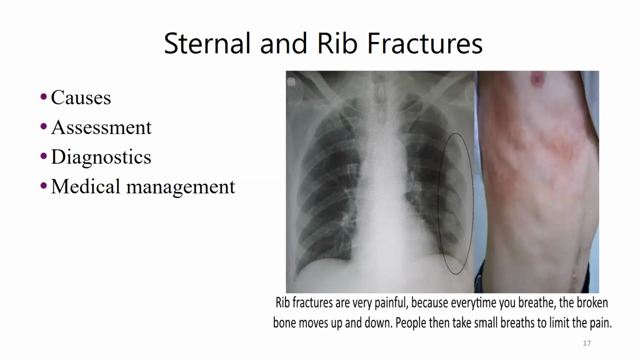Sternal, sternum, and rib fractures. Rib fractures are very painful, makes it very hard for folks to breathe. You can see here rib fractures on the left side, I see rib 2, 3, 4, 5, and 6, possibly 7, can't see below that. Sternal fractures are most common in motor vehicle accidents from the sternum